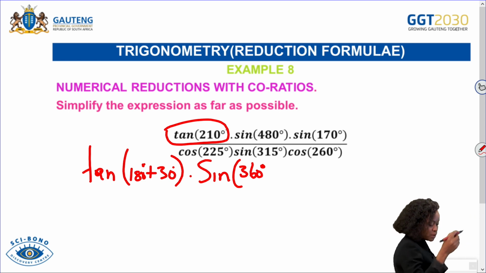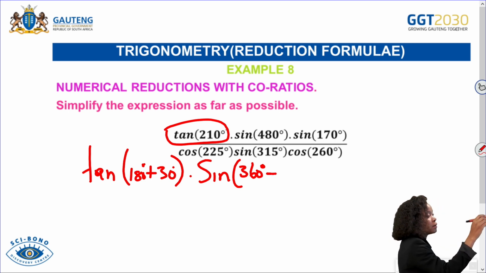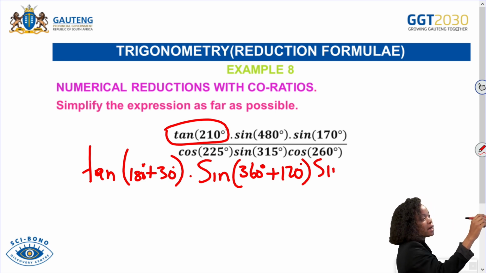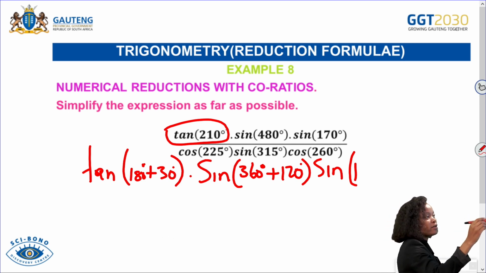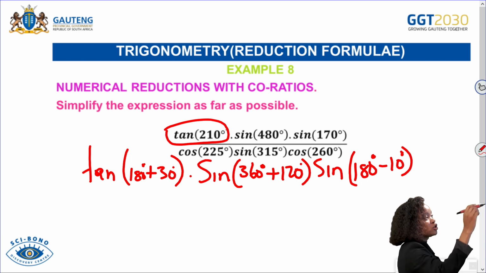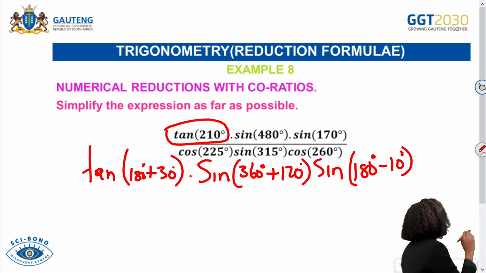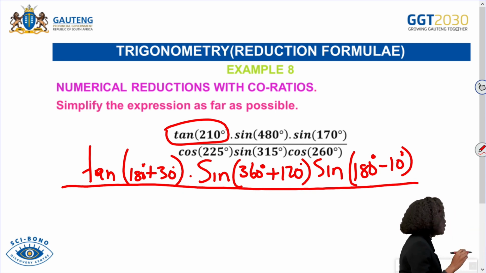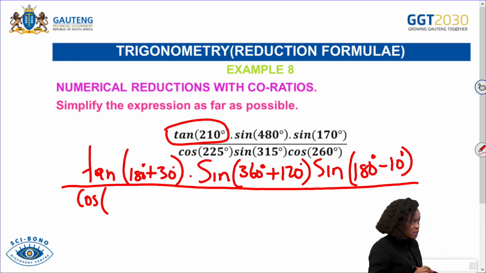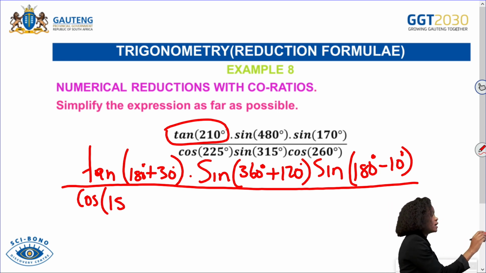So you'll say it's 360 degrees plus 120 degrees. Then you say it's sine 170, it's in the second quadrant, so it means you'll have 180 degrees minus 10 degrees, so that you can get the 170. It's all over. Okay, so you'll say now cos of 225, it's in the third quadrant, so you'll say it's 180 degrees plus 45